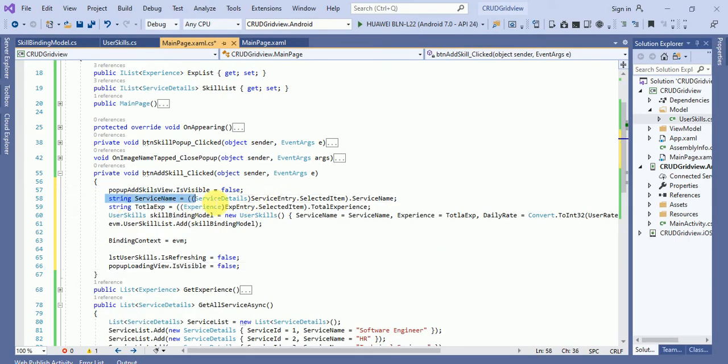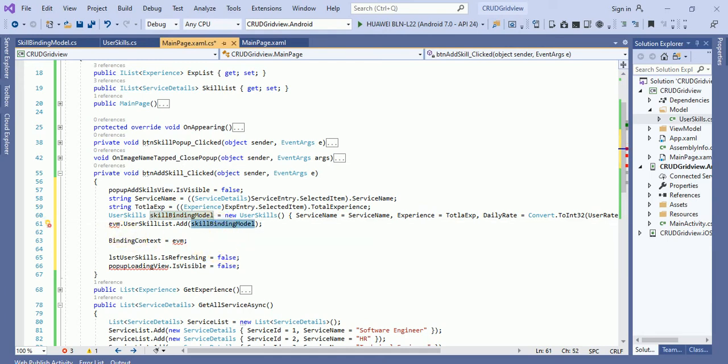Here you can see the service name. We are getting the selected item dot service name, and total experience entry dot selected item dot total experience, and user skills skill binding model equals to new user skill. So in this object we are filling this selected data, and this object we are passing over here.